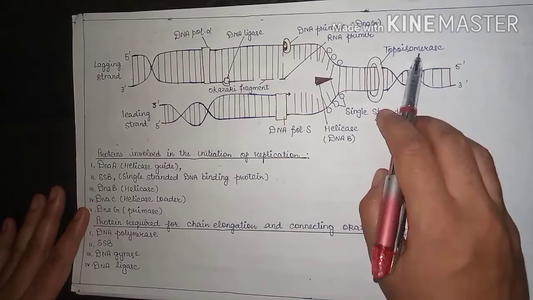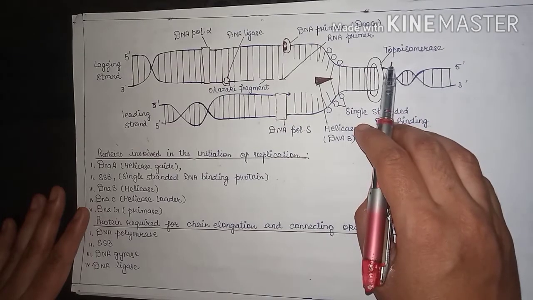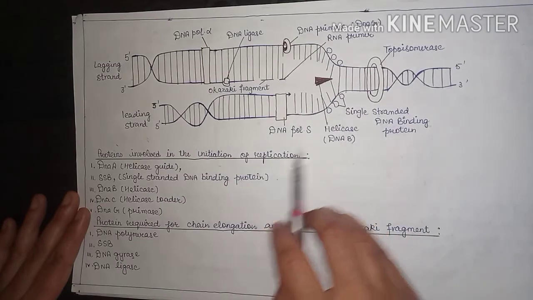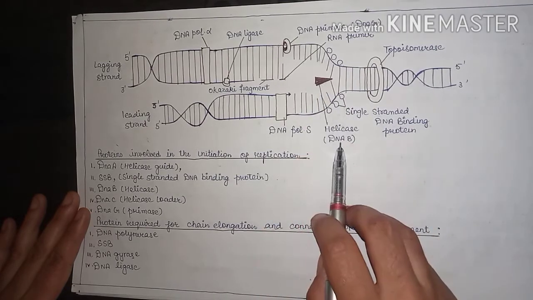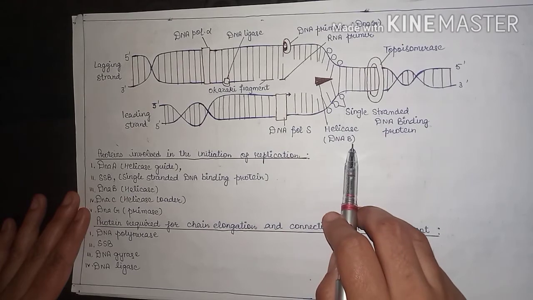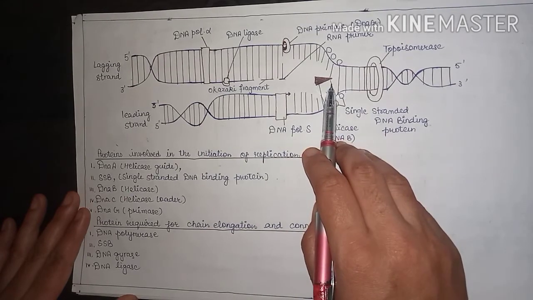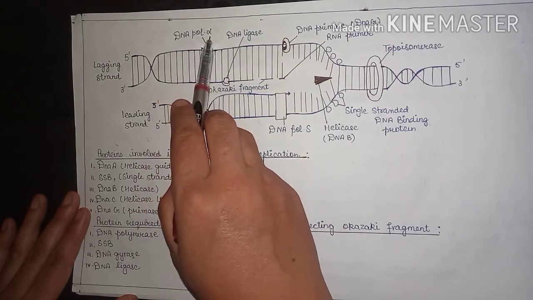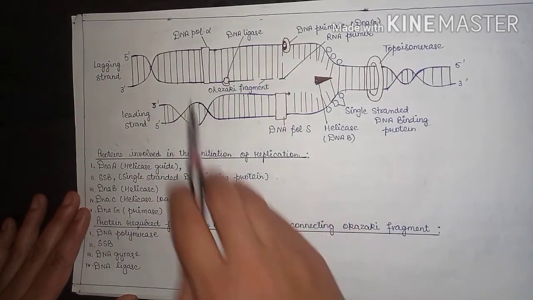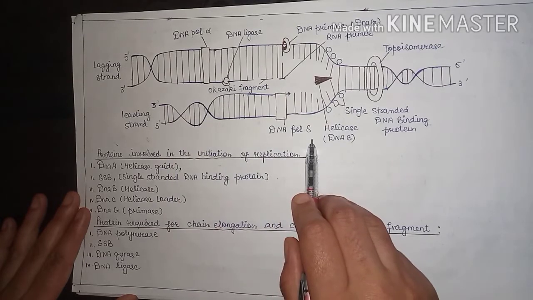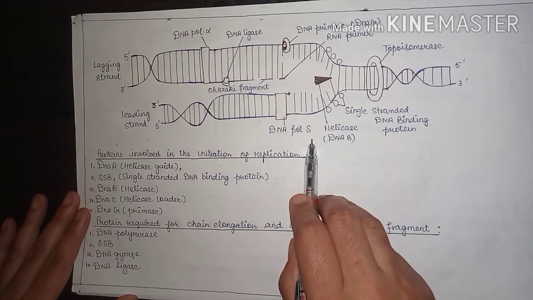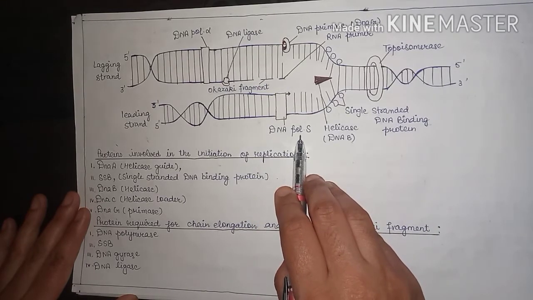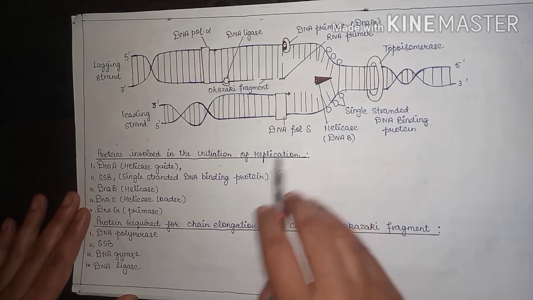First of all, the strand becomes uncoiled by the topoisomerase enzyme. This leads to uncoiling of the strand, right? And after that, helicase enzymes act on it. The helicase DNA B enzyme acts on it and breaks the strand, right? After that, DNA polymerase alpha and delta act. DNA alpha and delta occur in eukaryotes, but in prokaryotes, the DNA polymerase 3 enzyme acts for the process of replication, right?